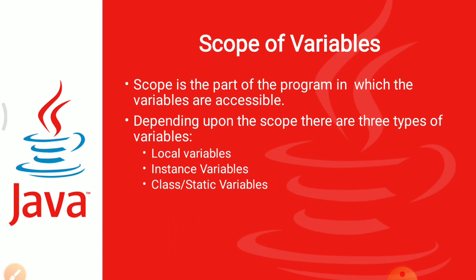If we are declaring the variable as a local variable, it should not be accessed throughout the class. If you are declaring it as a global variable, it should be accessible to all the functions, programs or data that reside in that class. Depending upon the scope, there are three types of variable: local variable, instance variable, and class or static variable. We have seen local variable. What we are going to see in this topic is the instance variable and static variable.